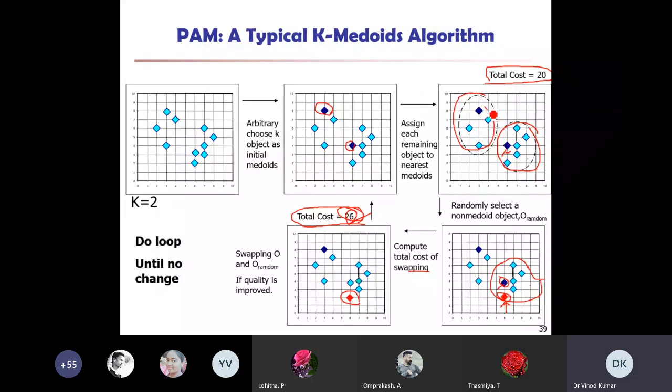And repeat for this one also. Then if it requires, you can go through that. So you will continue like this, and if you come to the most centrally located object, then you will stop, otherwise you will continue. Okay, this is to loop until no changes. If there are no changes, you can stop swapping objects, and this will be treated as the new centroid, whatever you are choosing, that will be chosen randomly. There is no criterion for that. You can choose anyone.